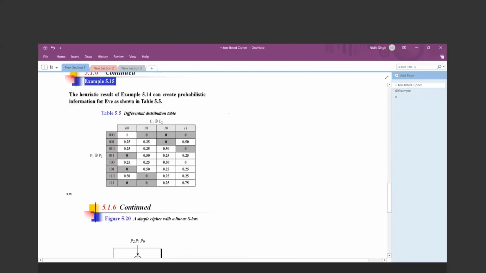So this is the probabilistic information heuristic result after calculation of the encryption algorithm. So this table is with the attacker, also with the relationship, that is P1 XOR P2 and C1 XOR C2, along with the S-box table. So now suppose the question is, in the exam the table will be given to you, okay, and the algorithm with the S-box table will be given to you. So now the question is P1 XOR P2 is given to you as 0 0 1, okay, and C1 XOR C2 is given to you, that is 1 1.